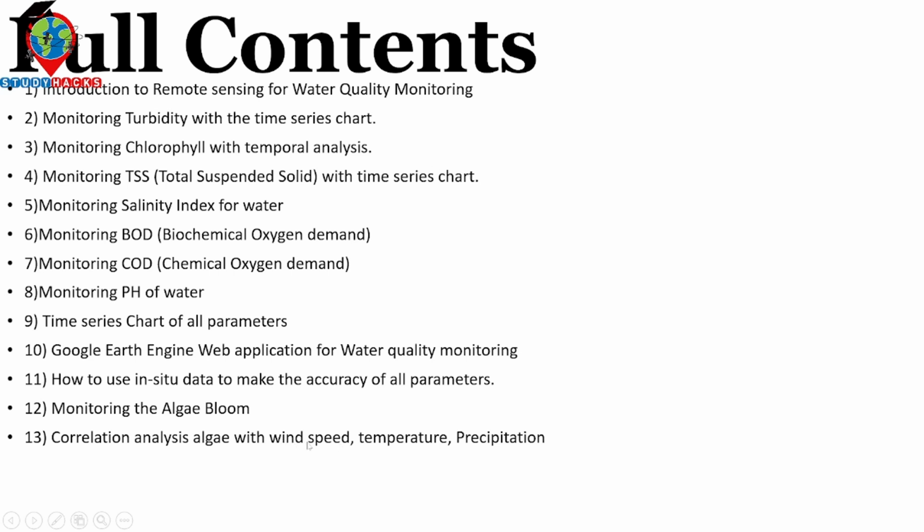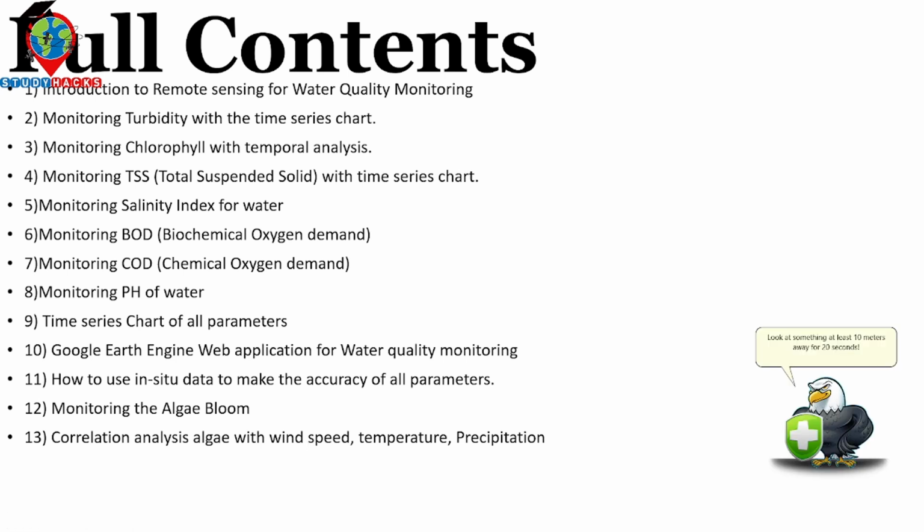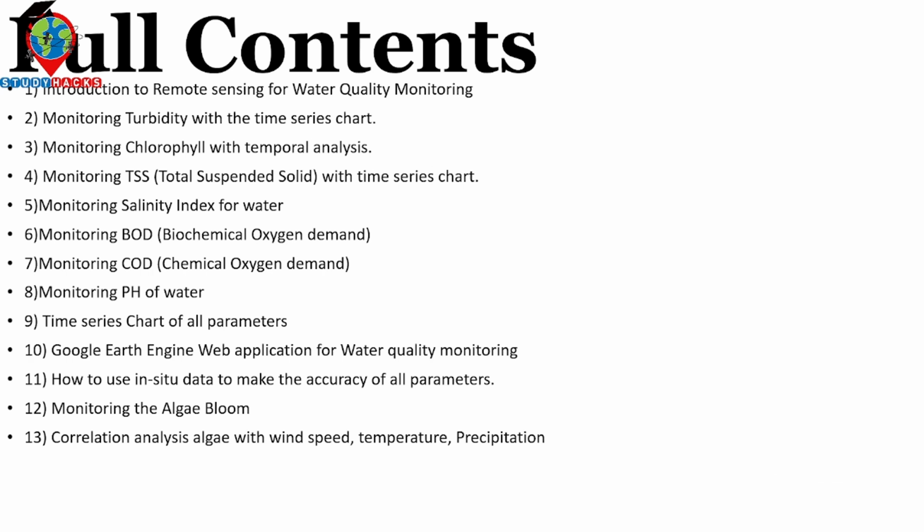We can easily get that positive correlation, because the flow of wind also makes the high concentration of that algae bloom. Suppose where wind flow is high, or wind speed is high, we find out this place is also high for the algae bloom, as well as temperature, precipitation. Mainly this type of climatic factor, temperature or precipitation, wind speed, how is the correlation with